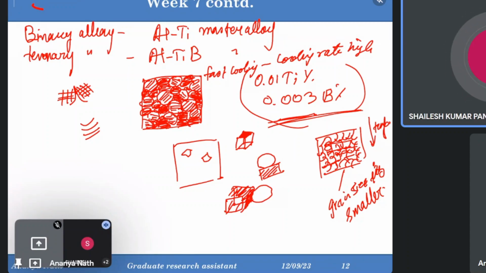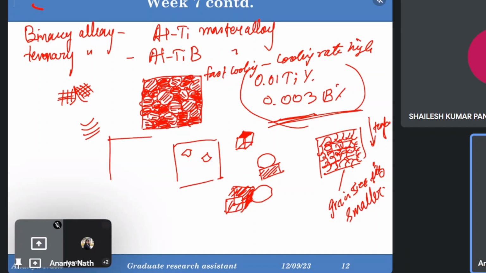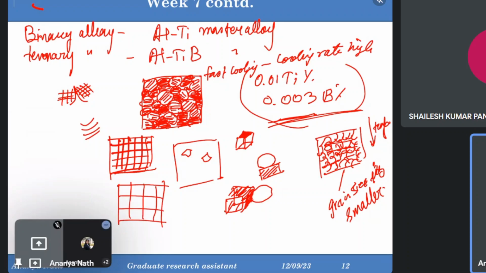Ma'am, actually I was understanding the grain boundary area as: if the number of grains is less, the area will be less, and if the number of grains is more, the area will be more. Okay. If I make the grains like these boxes, and another grain like this, you tell me, here the number of red lines is more than in this one. So the grain boundary area is more. If the number of grains is increased, the number of grain boundaries will be increased. So this is why you can say the grain boundary area is increased,